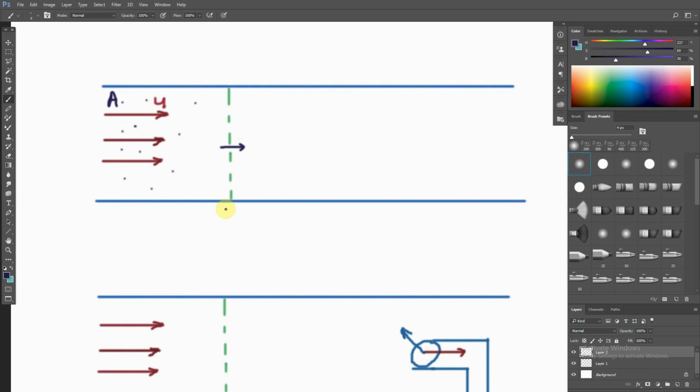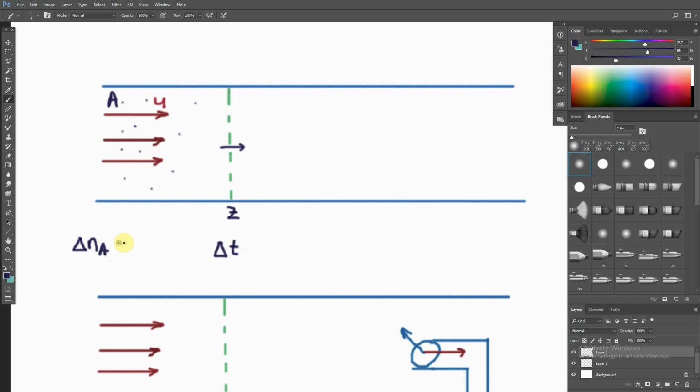So let's call this point Z. So there's a specific location down the tube which we call Z, and let's say we are interested in a specific time interval delta t. So perhaps delta t is something like 10 minutes. So we would like to know how many moles of A transfer across this point over time period delta t. So we are going to call that quantity delta NA,